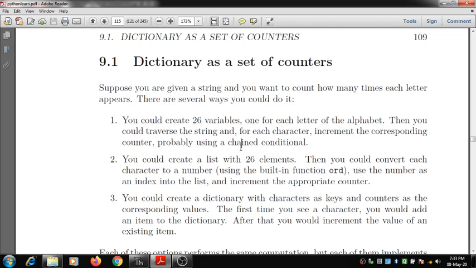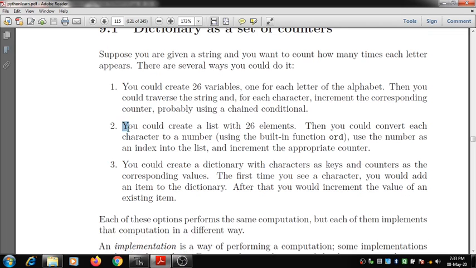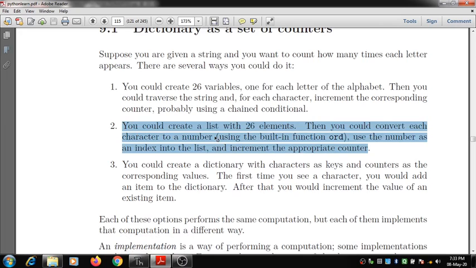This is one method. The second method is, you could create a list with 26 elements, then convert each character to a number using a built-in function. Use the number as an index to the list and increment the appropriate counter. So this is another method.